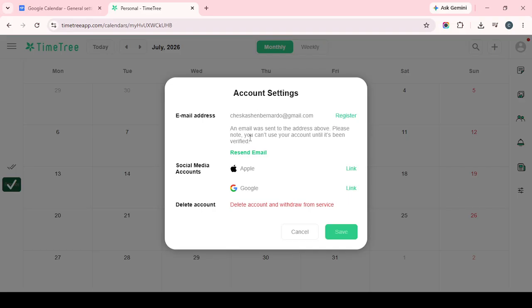It is also a good idea to confirm that you selected the correct calendar before finishing. If the wrong one is chosen, you may end up syncing events you did not intend to include. Taking a few extra seconds here can help you avoid confusion later. After the sync is enabled, give your operating system calendar a little time to update. In some cases, events appear right away, while in others, it may take a short moment for everything